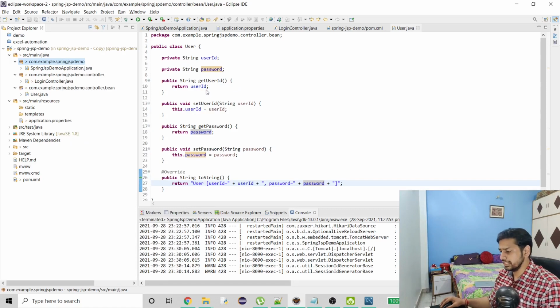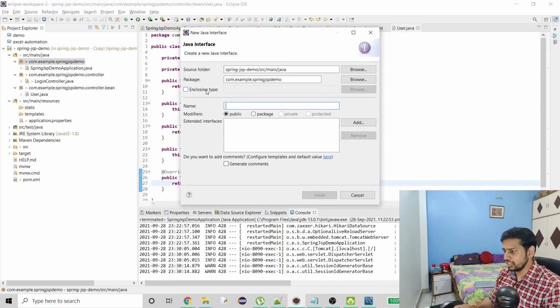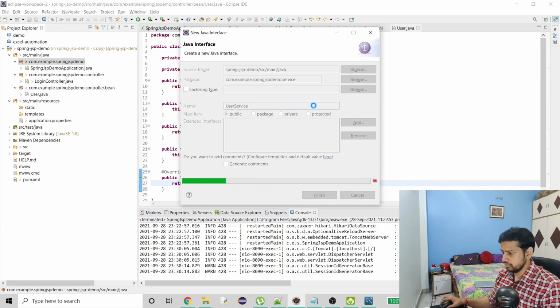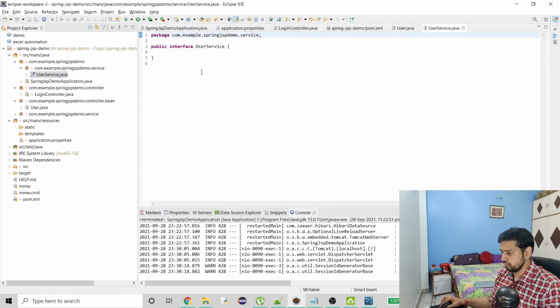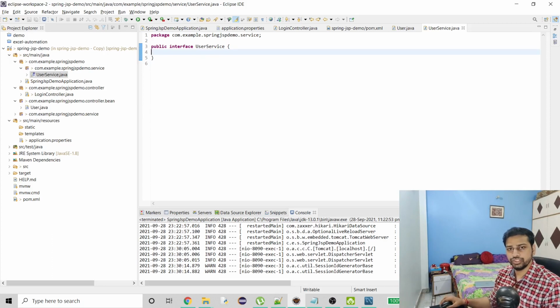So we need an interface for that, because like I said, loosely coupled. So first let's work on service. Here we only need one method, which is just to do a simple query to find the current row inside our user table.